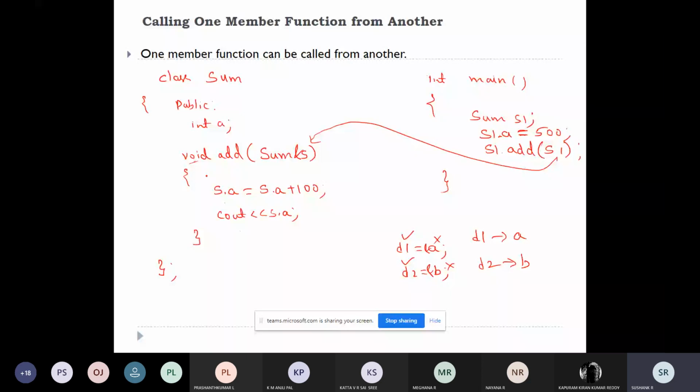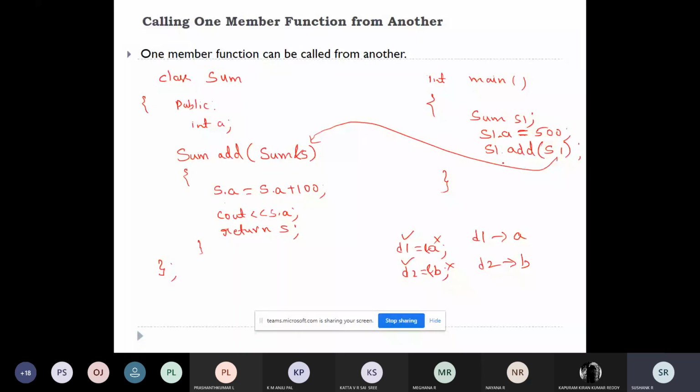It is not only that functions will accept objects as the parameter, even they can return objects also. So here the last line can be like return the object name. If you write like this, it is more than sufficient.